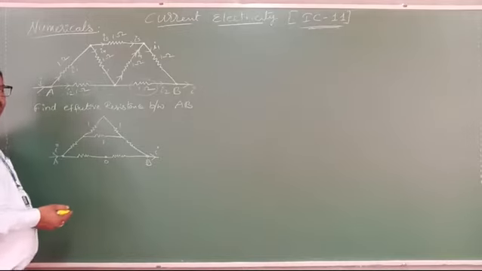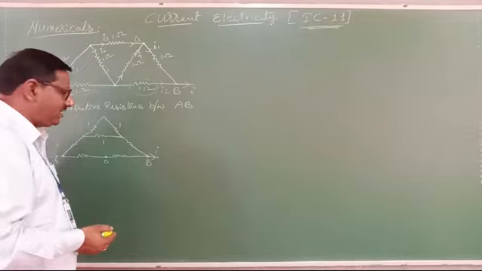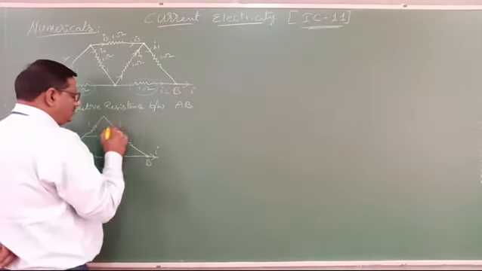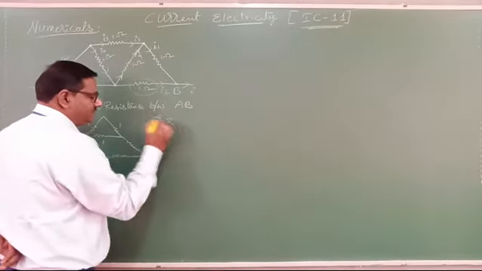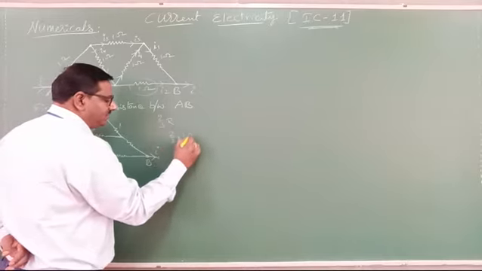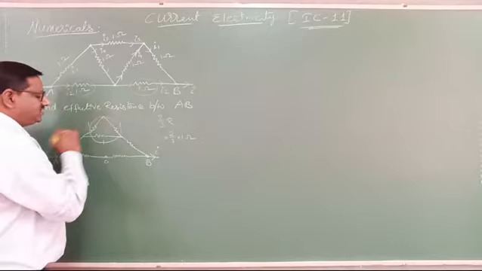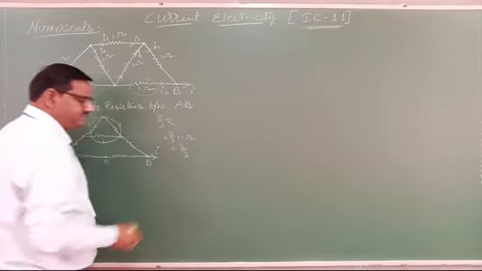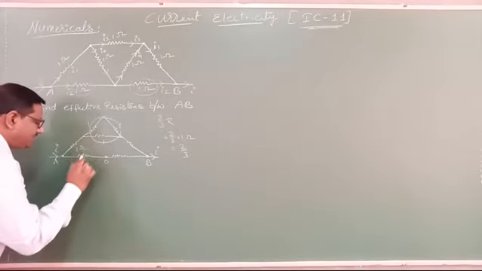So for a triangle shape we already know one shortcut. What is that? 2 by 3 R, when they are equal. So for all of these, 2 by 3 R, where R is 1 ohm. So the effective resistance of these 3 is nothing but how much? 2 by 3. Now that 2 by 3, I want to write as